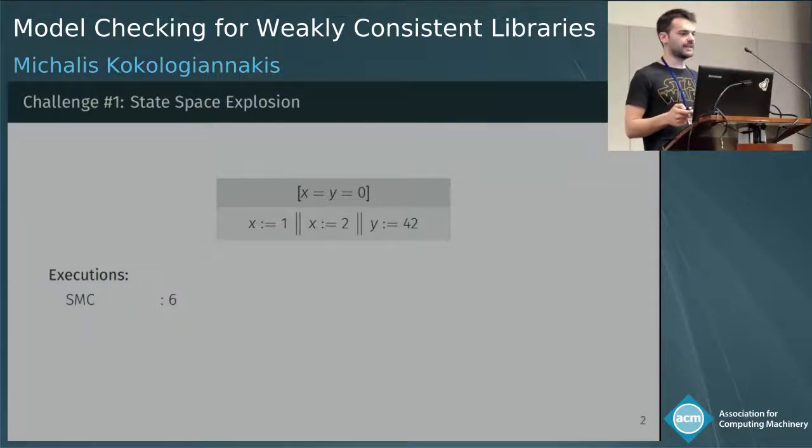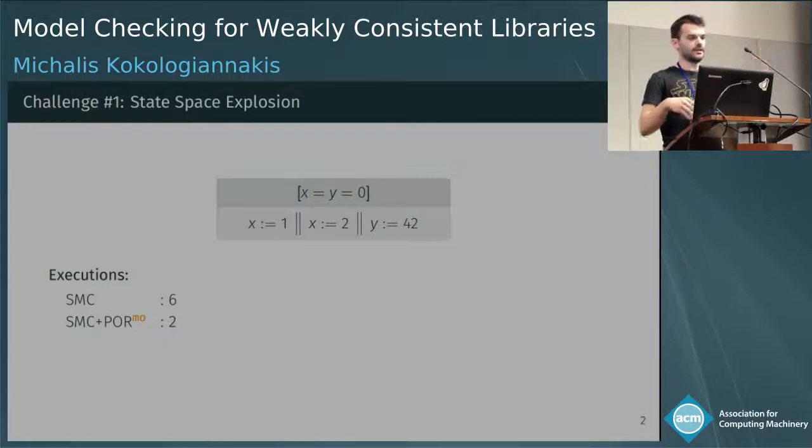Now, if we combine stateless model checking with a classic partial order reduction algorithm, then this algorithm would only explore 2 executions. And it would do so because it would notice that the third thread is independent with the other 2. It's writing a different memory location. So there's only one race between the first 2 threads, and it would explore one interleaving where the first thread is executed before the second, and then another one where the second thread is executed before the first. Now, this MO there stands for modification order, and basically means that this classic partial order reduction algorithm maintains a total ordering of the writes of each memory location. This is taken into account when we do this equivalence partitioning,